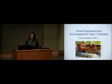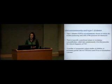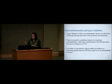So I'm going to be talking about infant exposures and development of type 1 diabetes. For those of you unfamiliar with type 1 diabetes, it's an autoimmune disease in which the insulin-producing beta cells of the pancreas are destroyed. There's typically a preclinical phase of circulating autoantibodies, referred to as islet autoimmunity, that precedes this clinical diagnosis of type 1 diabetes. A number of prospective cohort studies of children at increased genetic risk for type 1 diabetes have been able to identify this intermediate outcome and then use it as an outcome before the clinical diagnosis of